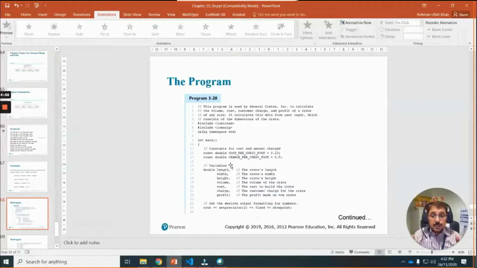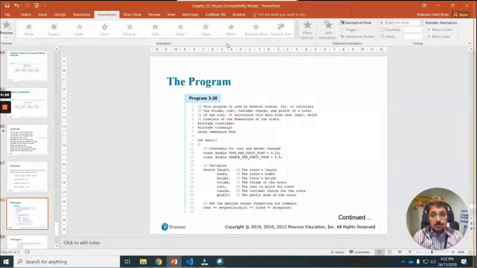After that you will draw a flowchart, then a pseudocode, and finally a program. If you try several times on several problems like this, then you can do very nice programming, and you will be a very good programmer in the future.